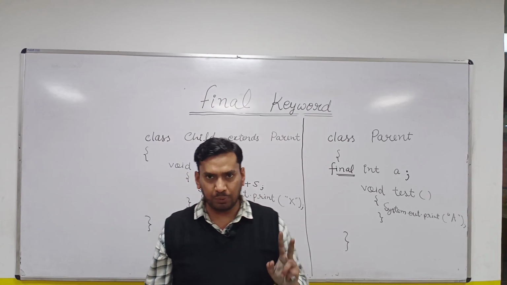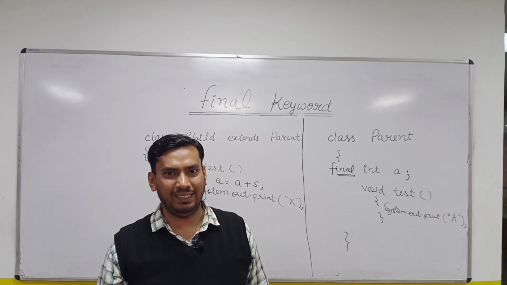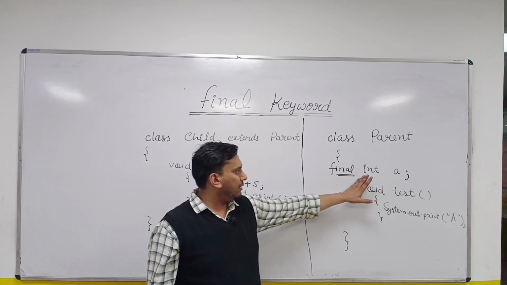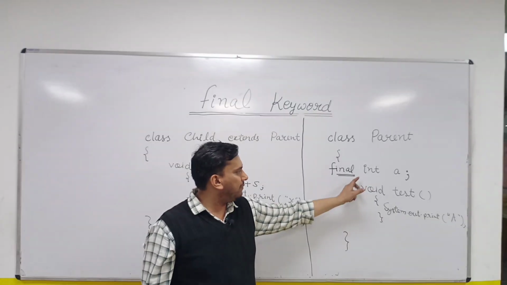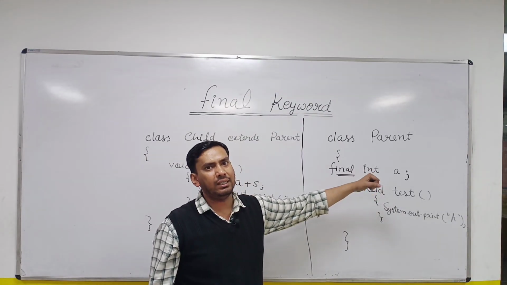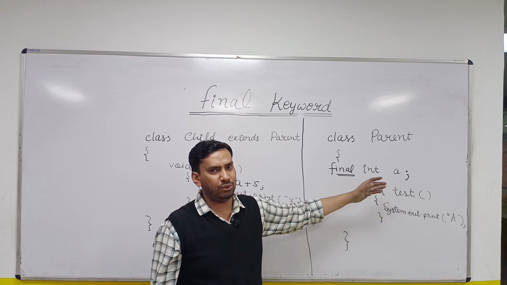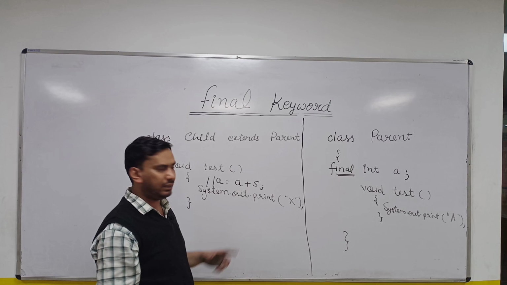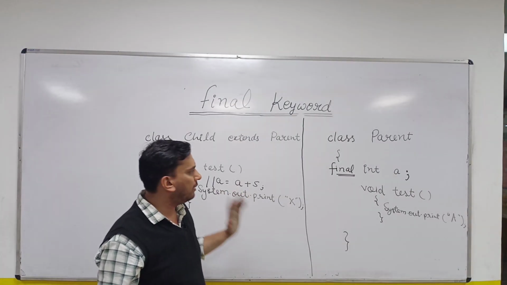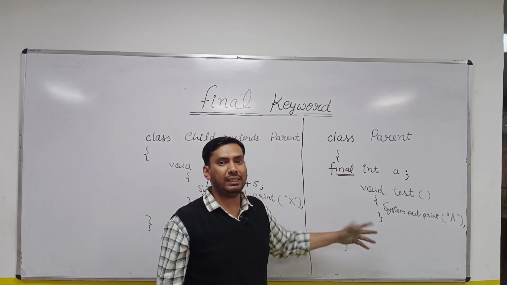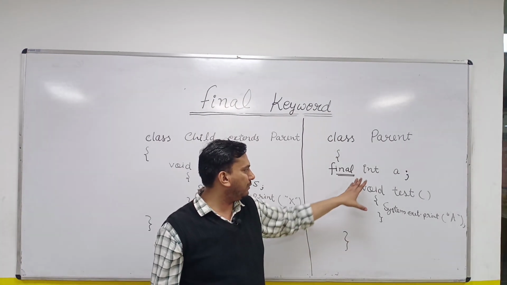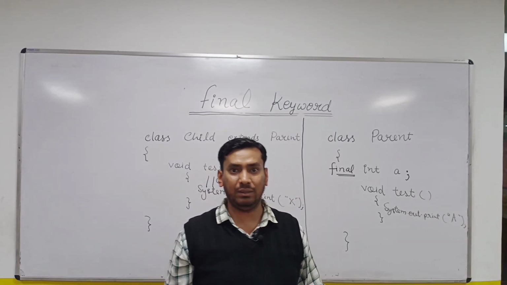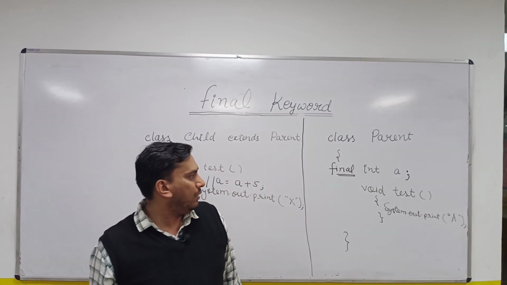Now it will create two problems. First one: obviously, I have declared it final because I want to make it unchangeable, I want to make it a constant. So this child class will not be allowed to make any changes here. This statement will be a problem. Second thing, even the same class cannot change it. Once you create any final member, its value cannot be modified even by the same class. It will become a constant.